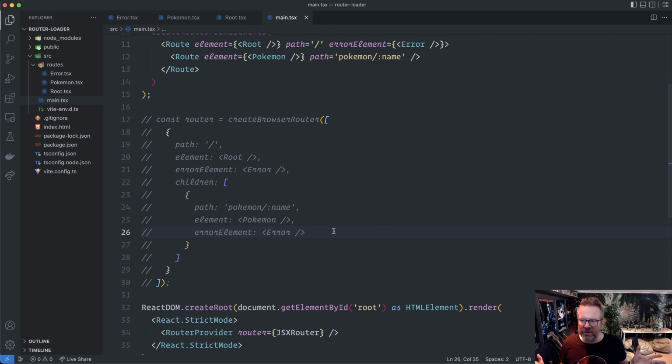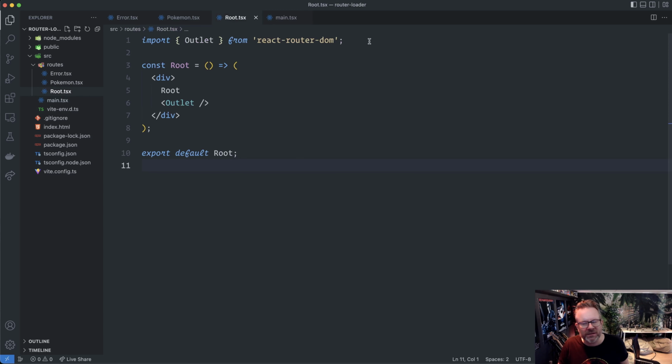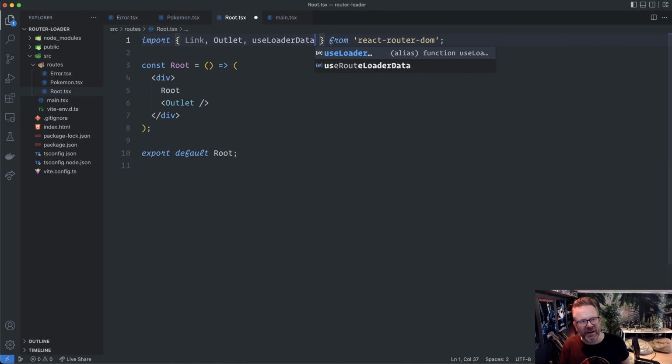All right, so that's our router setup, and then we're going to do some stuff in the root. We want to fetch the data from the Pokemon API. So go inside the root.tsx, and when we have fetched the data, we also want to link the data to the different Pokemons. So we need a link from React Router DOM, and we need something that's called useLoaderData, and that is a hook that you use inside of your component to access the data that you fetch